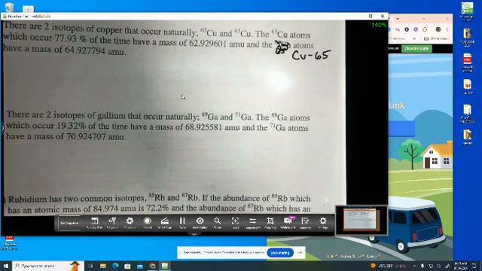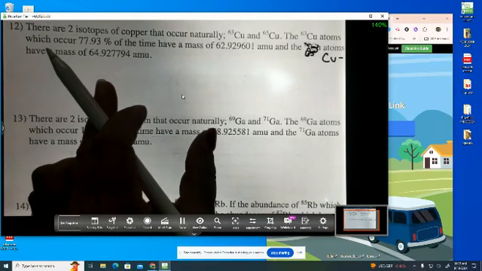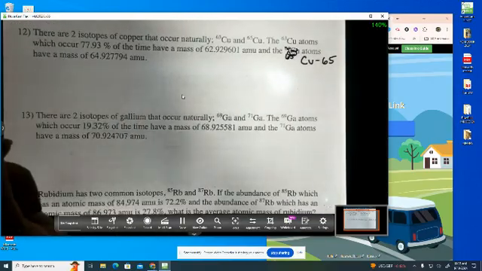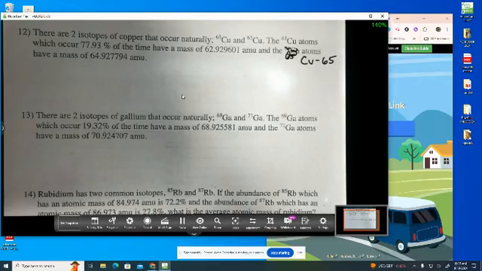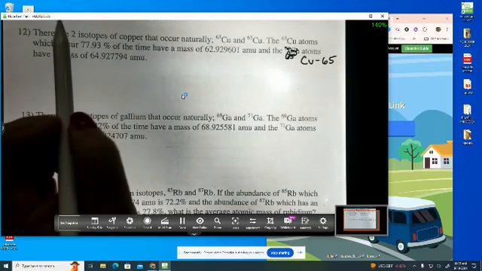How would you tackle this question if you want to find the average isotopic mass? Go ahead. The first thing we do is subtract 77.93 to get the other percentage. That's what I would do. Okay, hold on. Let me just explain that on the videotape here. Okay, because they told us it was